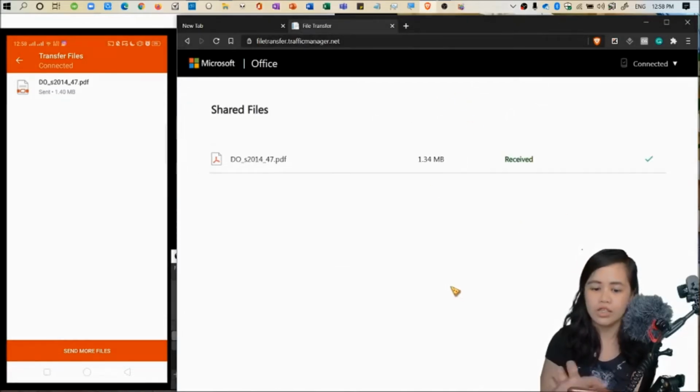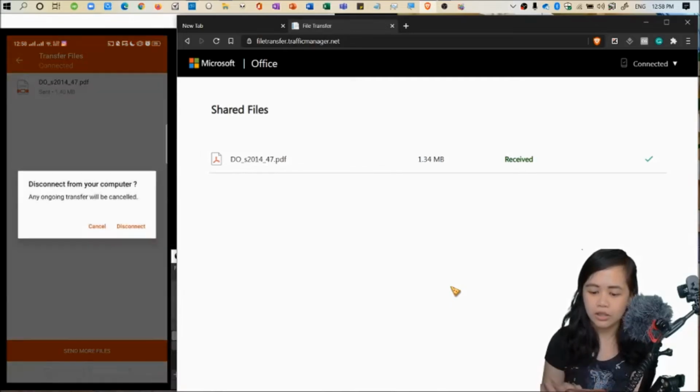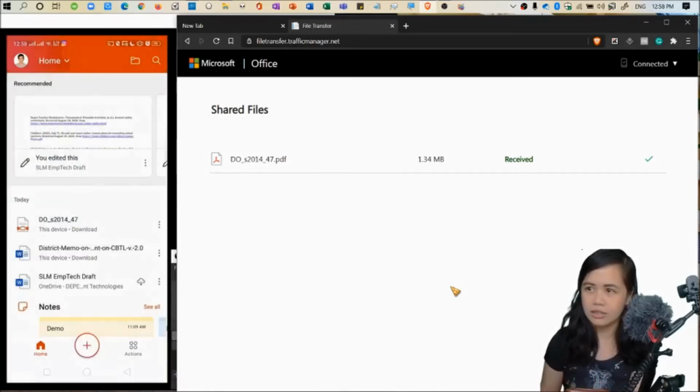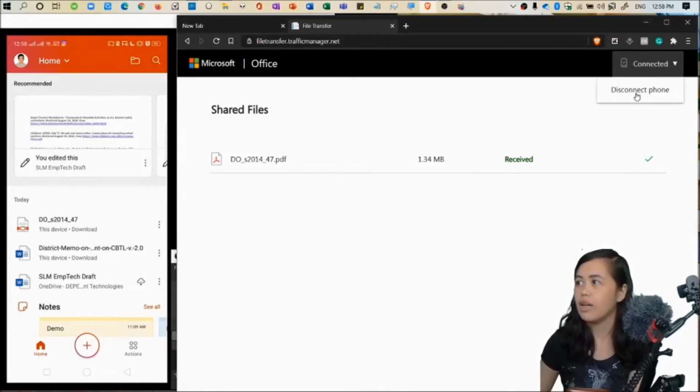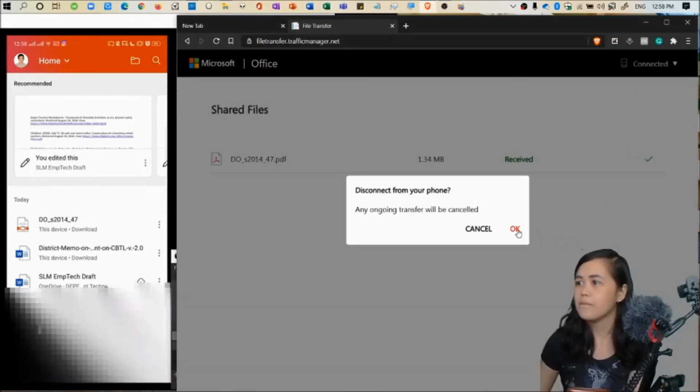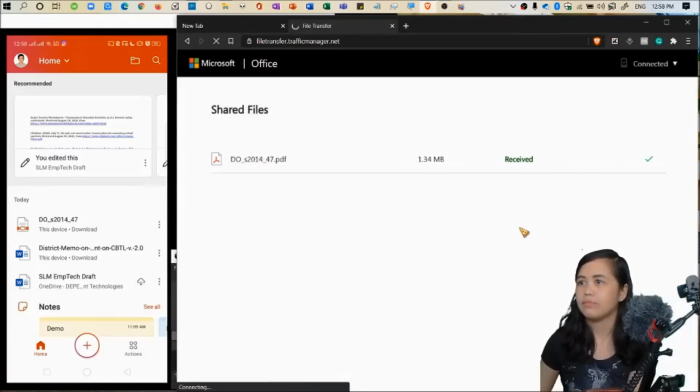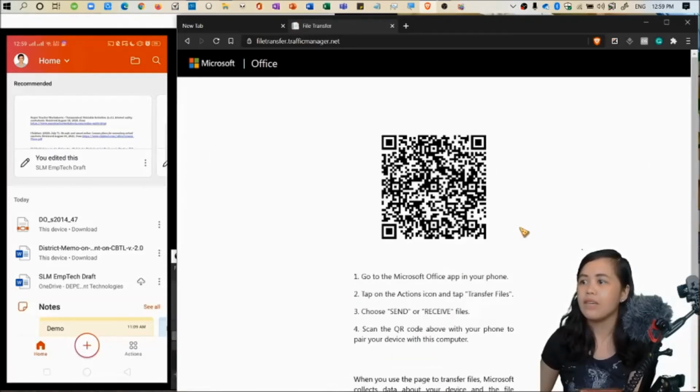So we can just click the back button and disconnect. And we will be disconnected as well here. So we disconnect it. Okay. Now we'll be having another